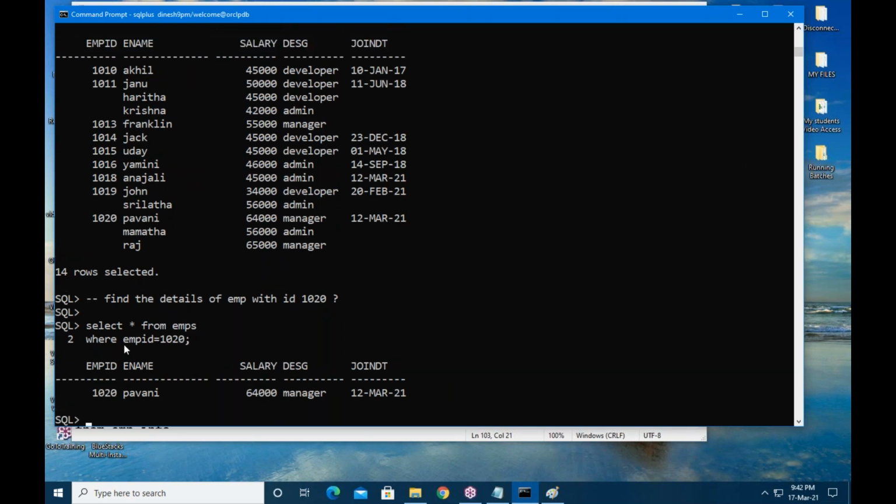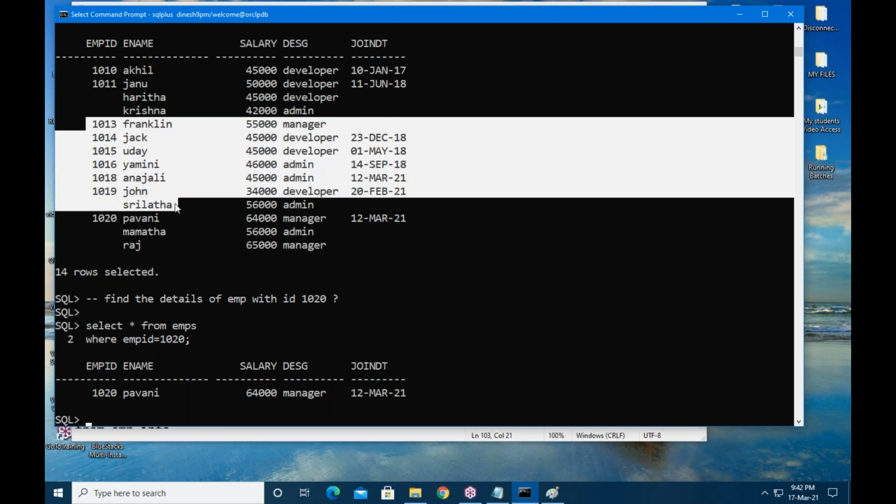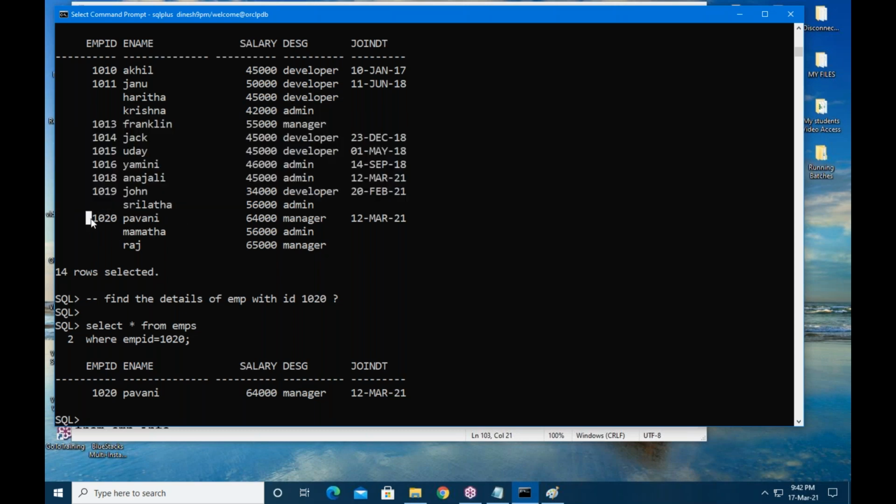Observe carefully. Before selecting your data, it will verify the condition on the column. The control goes to here. 1010 equal to 1020? Condition false, false, false, false. All are false up to here. Here the condition is true.